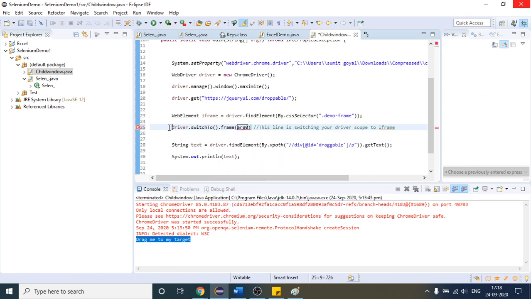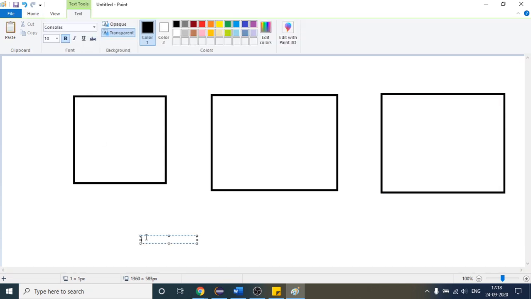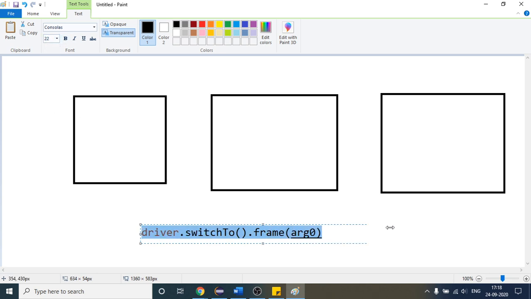So here I will use the index value. If I copy this here, okay, if I write like this, so what will happen, suppose I write 0 here, right?